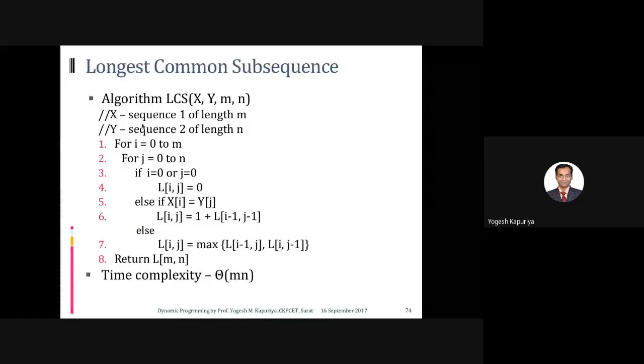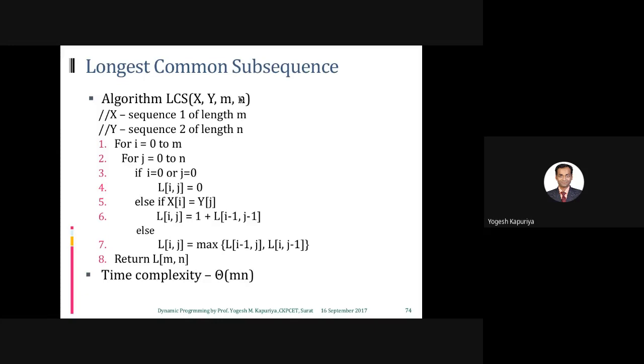Okay, so this is the algorithm for LCS. Obviously we are passing four parameters: x, y, m and n. X represents the first sequence, Y represents the second, M represents the length of the first sequence, and N represents the length of the second sequence.